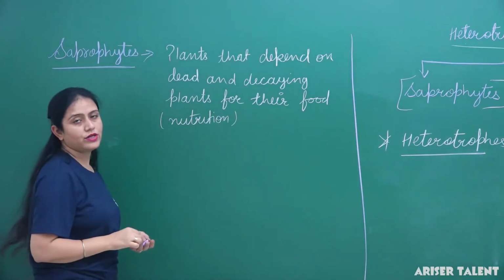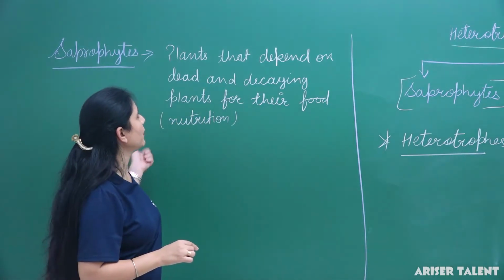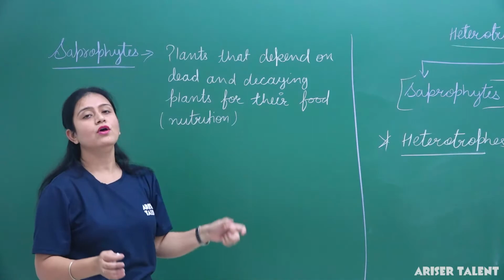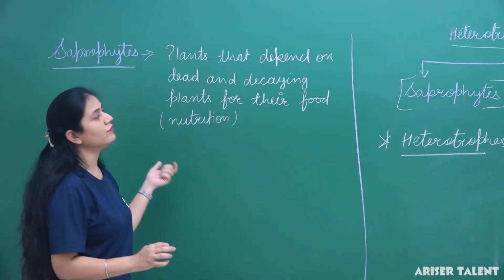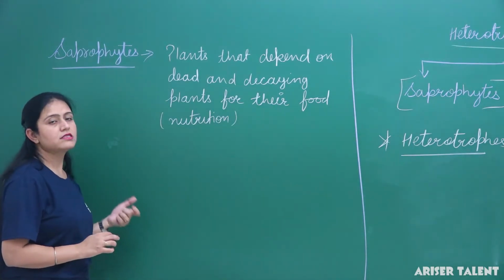Okay, so they are known as saprophytes. What are saprophytes? Plants that derive their nutrition from dead and decaying plants are known